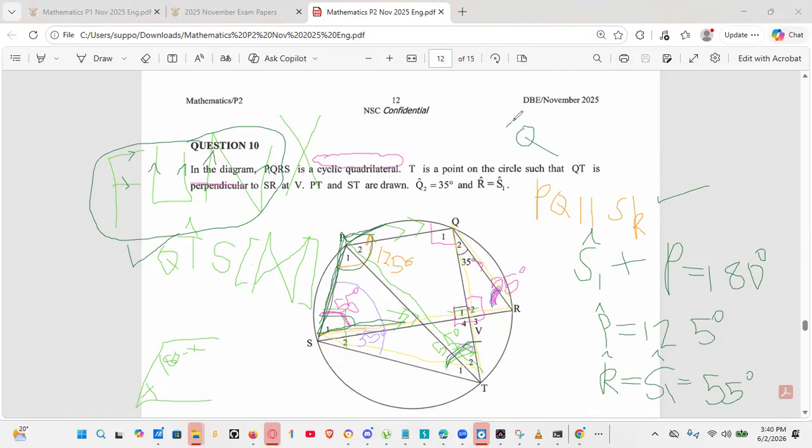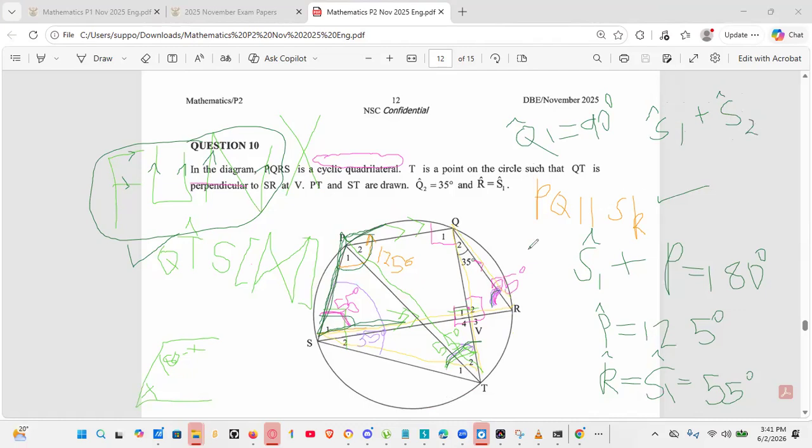So is Q1 90? And the answer to that would be a clear yes. Is Q1 90? And also is S1 plus S2 90? For some other reason, is it 90? And that other reason is the cyclic quad, which is why they want you to prove that it is a